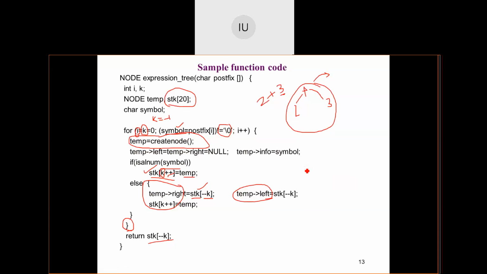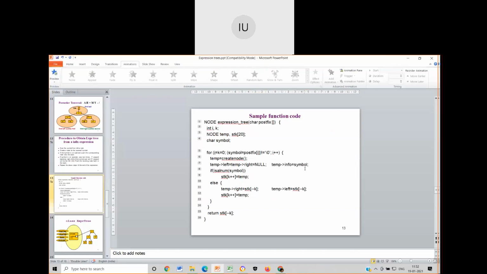Yes, okay. So that's the end of the discussion of this expression tree. Tomorrow's class timing, please let me know from your end. When do you have Unix class tomorrow? 9.